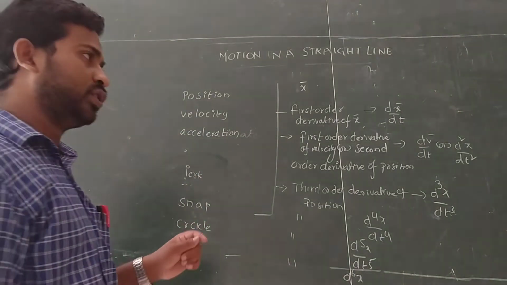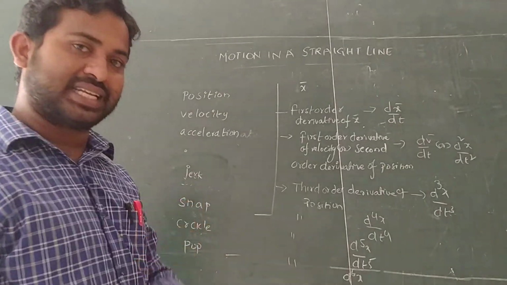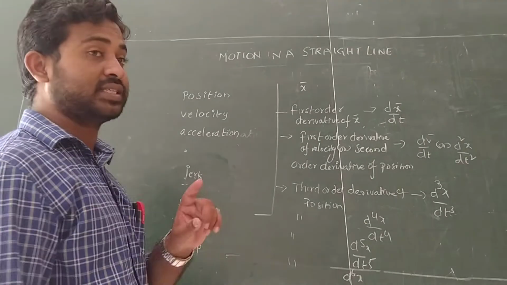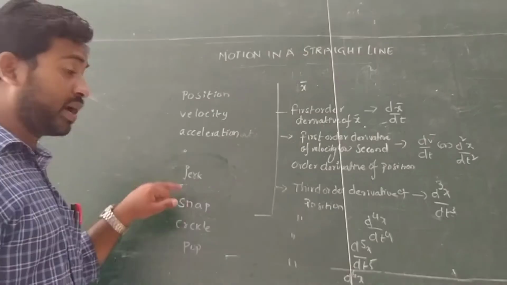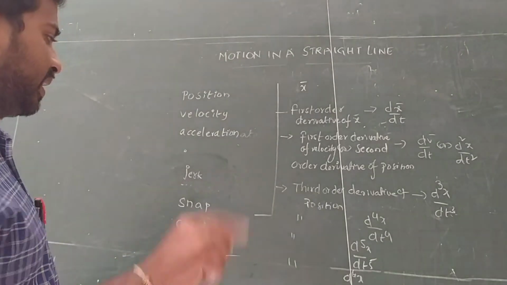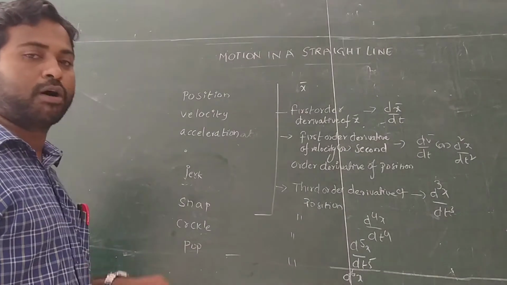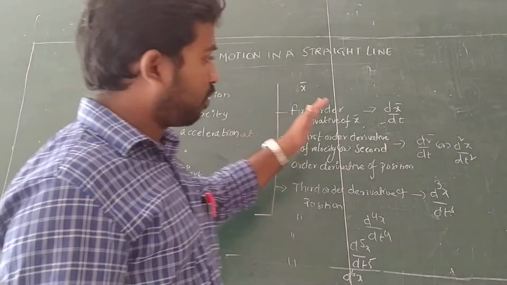We know the rate of change of displacement means velocity, the rate of change of velocity means acceleration, but the rate of change of acceleration is nothing but what? Jerk. And the rate of change of jerk is nothing but what? Snap. And the rate of change of snap is nothing but what? Crackle. And the rate of change of crackle is nothing but what? Pop. Right? But how I wrote it like this means in the form of first order derivative.